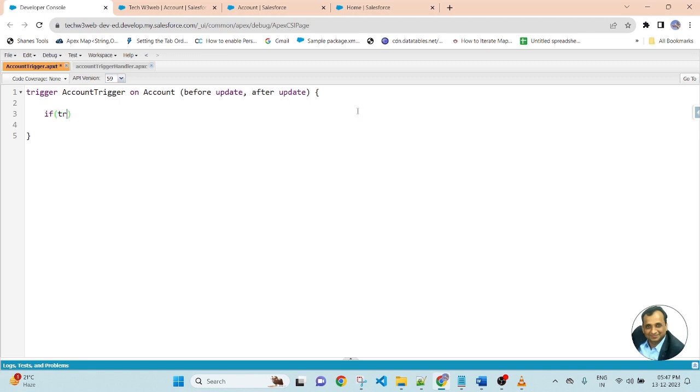If trigger is before, else if trigger is after. So in the before action, we will use context variable and trigger is update. That means if the record is updated, then before updating the record, we will call the